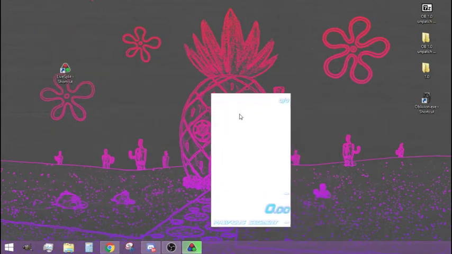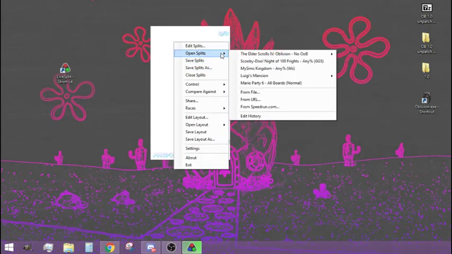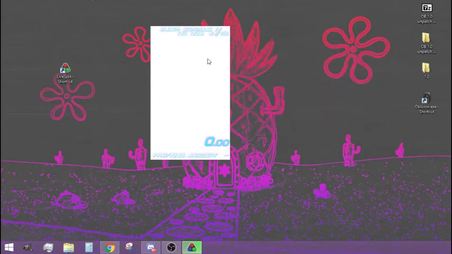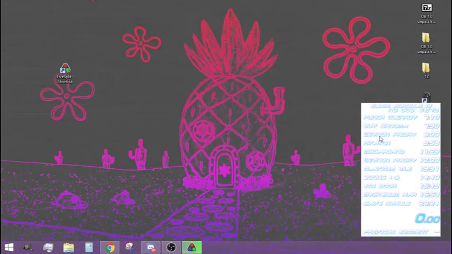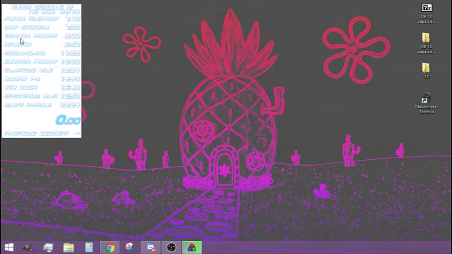So there's LiveSplit. I'm actually going to use my normal splits here. I'll put that over here. So when I load up the game and have the timer on at the same time, it will pause for any loading screen. I'm actually not going to do that quite yet because I'm also going to show you how to do